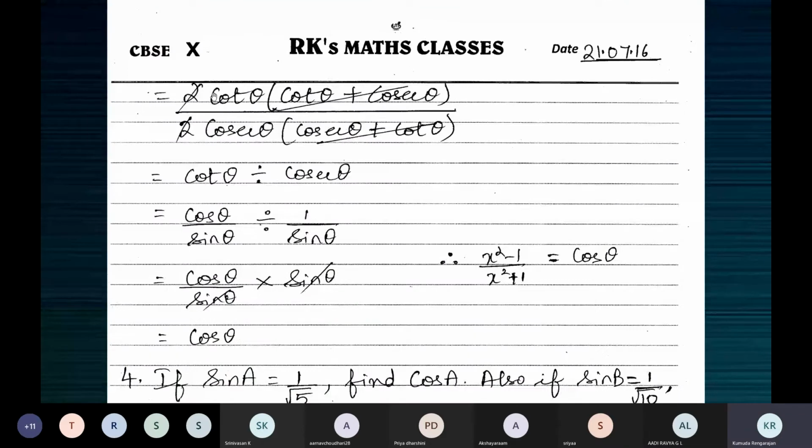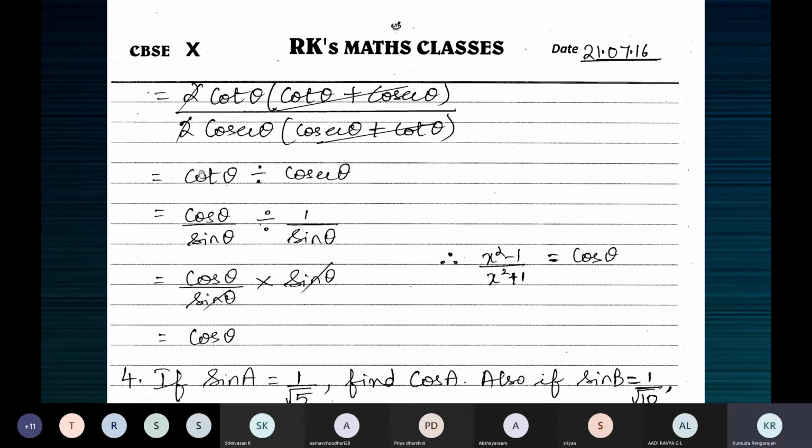Yes. So once you take out 2 cot theta and 2 cosecant theta common, this is what you will have in the brackets. These expressions can get cancelled as a whole. Cot theta plus cosecant theta, like x plus y. The expression as a whole gets cancelled. X plus y and x plus y get cancelled. It's not x and x, y and y. We are not cancelling cot theta and cosecant theta. See the slash. This expression and this expression are the same. They get cancelled.